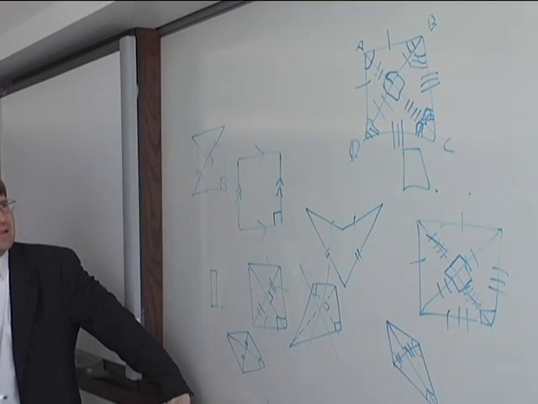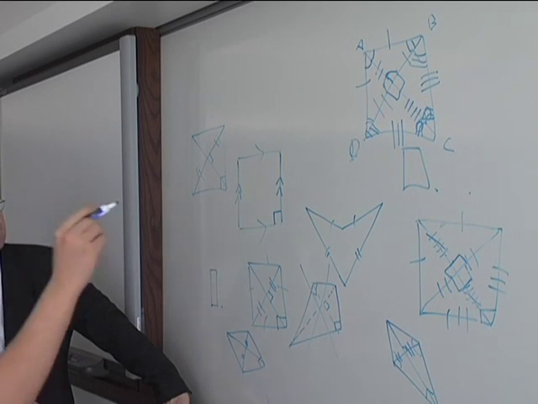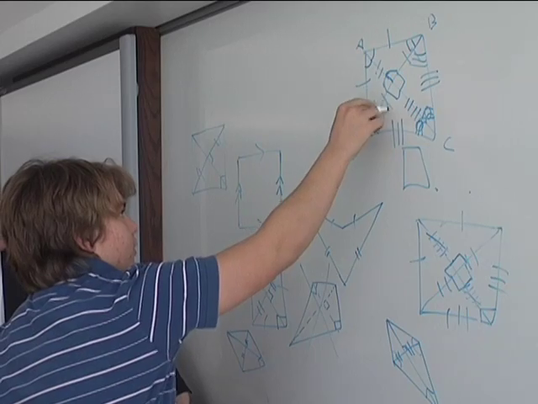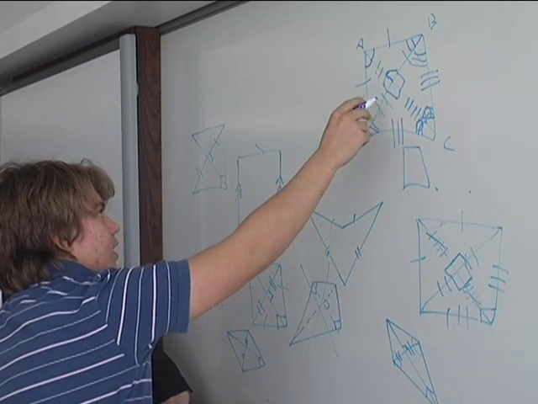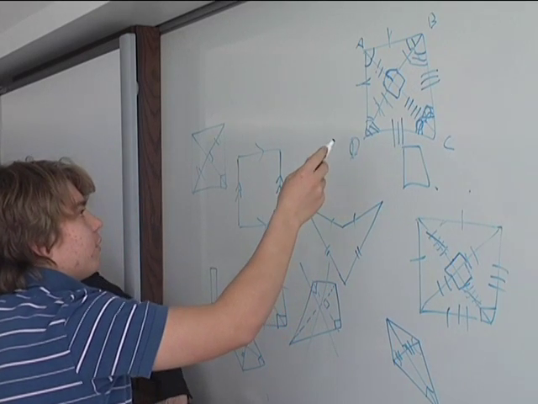Carl? Since AC perpendicular bisects DB, we know that because these are congruent to those, you can tell that these are congruent, and that, but also because